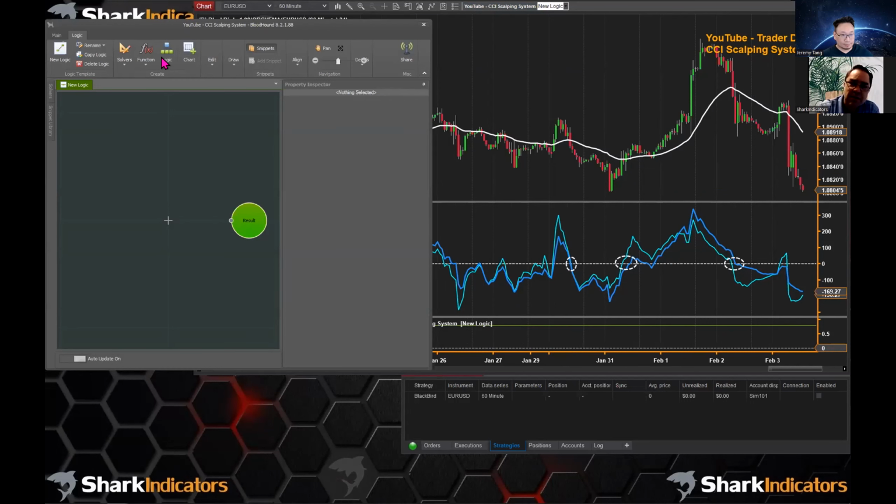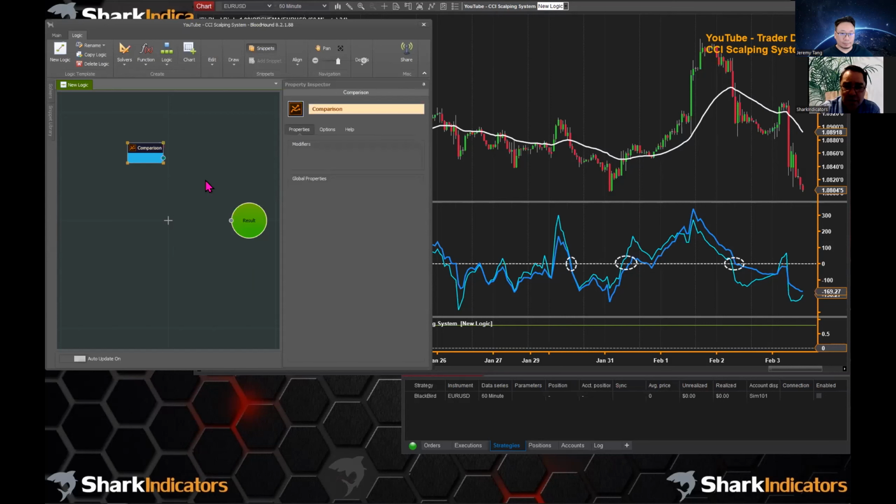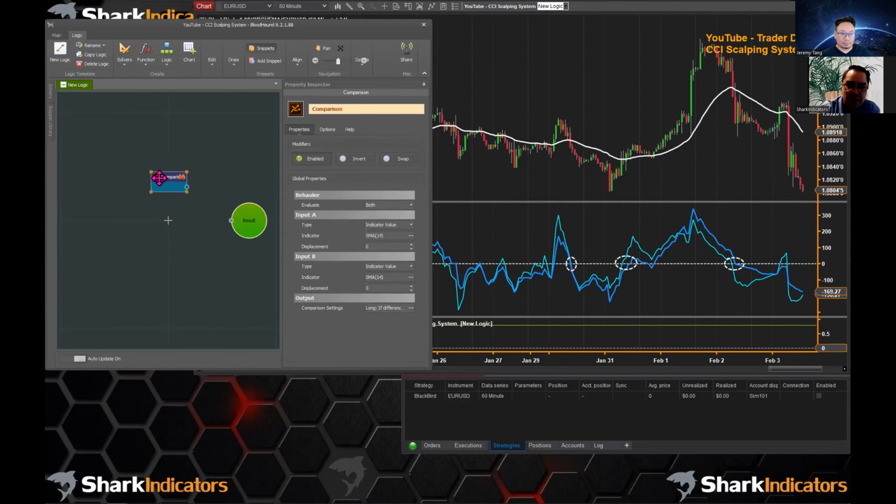And so this is definitely the most unique indicator out there on all trading platforms, as far as we're aware of, where it uses nodes to build a system. So you don't have to learn to code. The only thing you do have to learn is to think a little bit logically, right? But you're probably already doing that when you're evaluating trading systems.